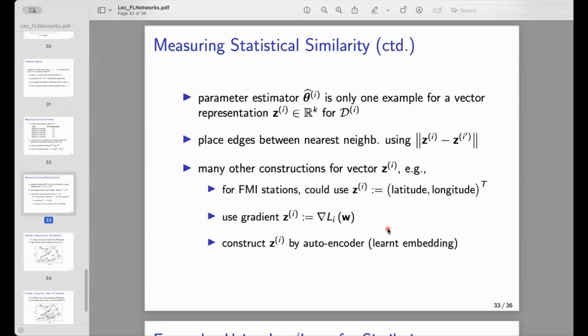So this can be generalized, of course. This parameter estimator that I've shown you, for example the maximum likelihood estimator, is just one example of a vector representation. There's a lot of recent work on learning a single vector to represent very heterogeneous data or data sets. No matter how we get this vector representation, the idea is then